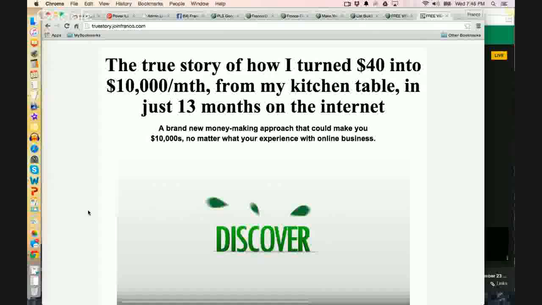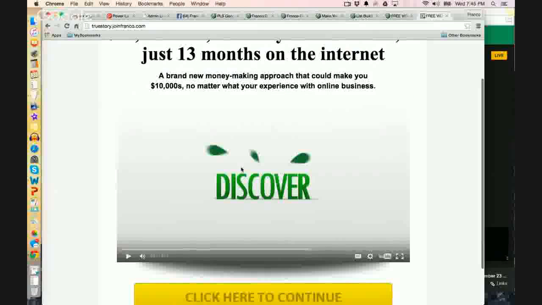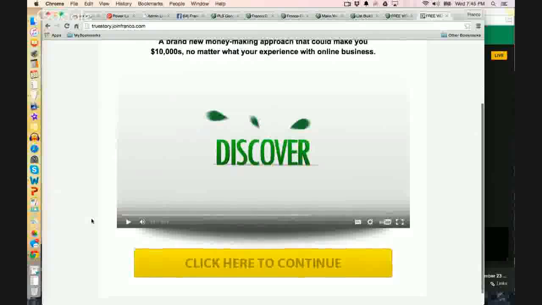And what's awesome, when you create a page like this, with a couple of clicks of your mouse, you can clone it, copy it, and then come in here and just change the headline to whatever else you want to talk about. Then create your little PowerPoint presentation, or just turn on the camera and speak to the camera and let them see you, however you want to do it.